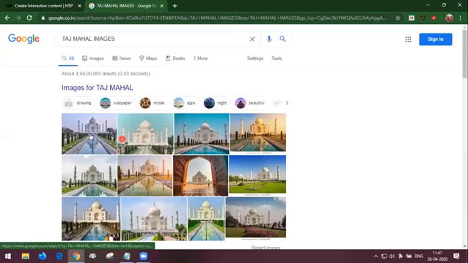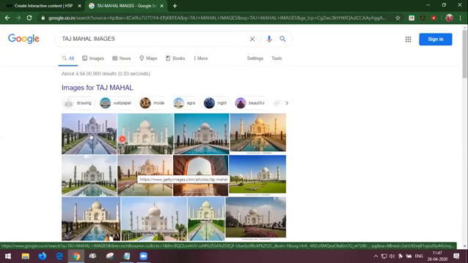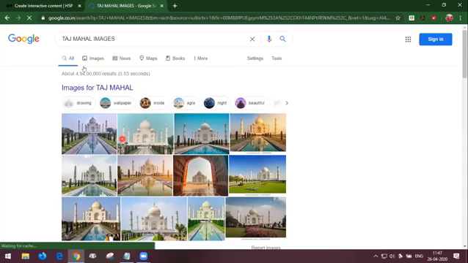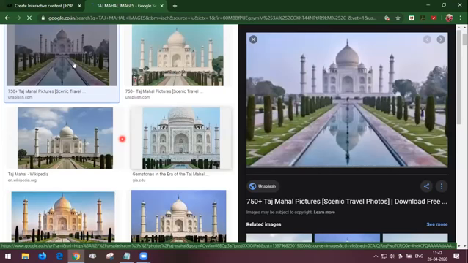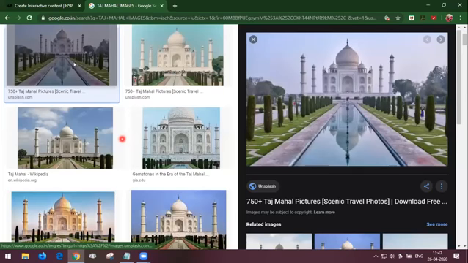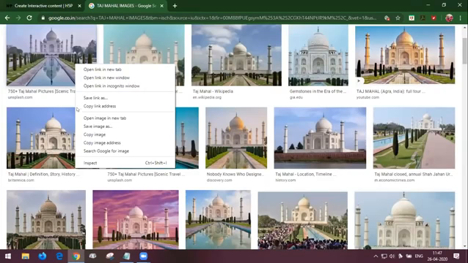I'm selecting the first one. Just click on the image so that the images will be open. Every time you should not save the picture as it is displayed here. Simply right clicking here and save image is not appreciable.